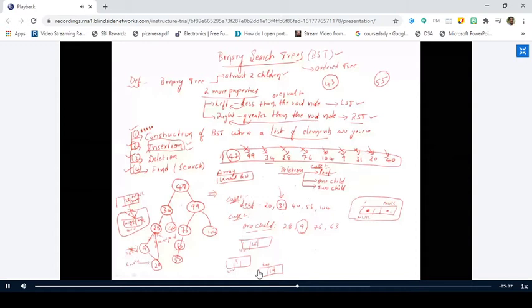Super, 200. So there is a link here. What does the left part of 9 consist of? Null. What does the right part of 9 consist of? 300. And this is null and this is null. So we have a link like this also.